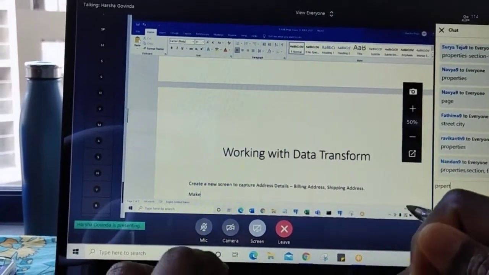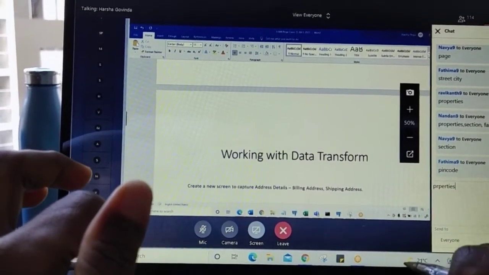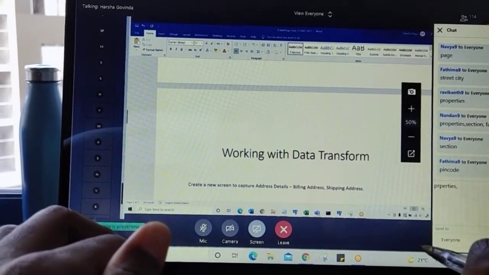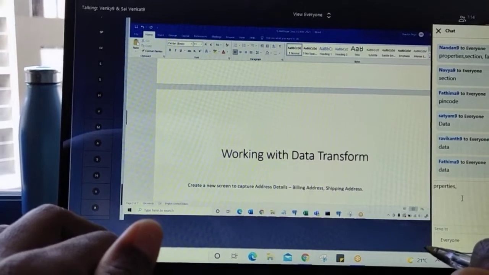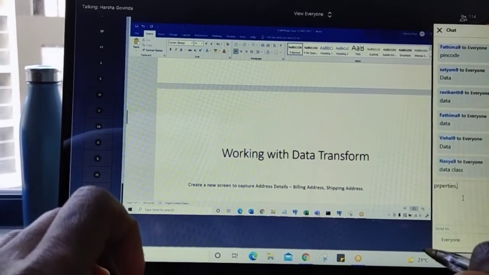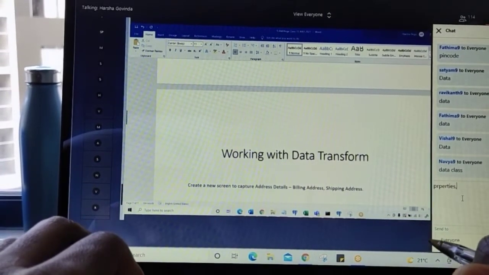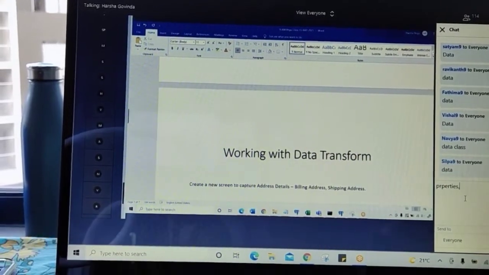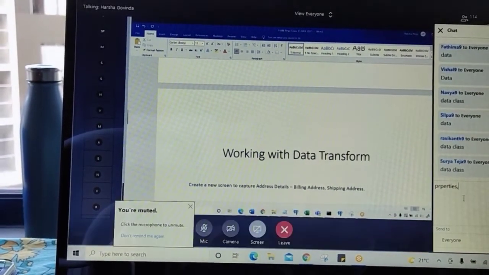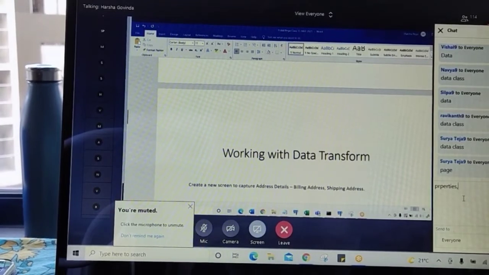Where do you create properties? In which class? Data class. Means what is the first rule to create? First we create data class. Second, properties. And third, section.